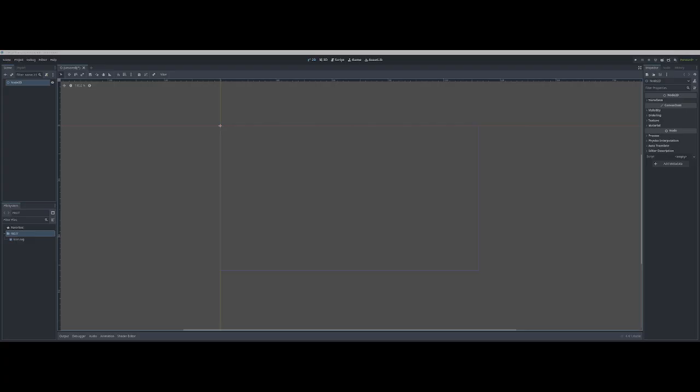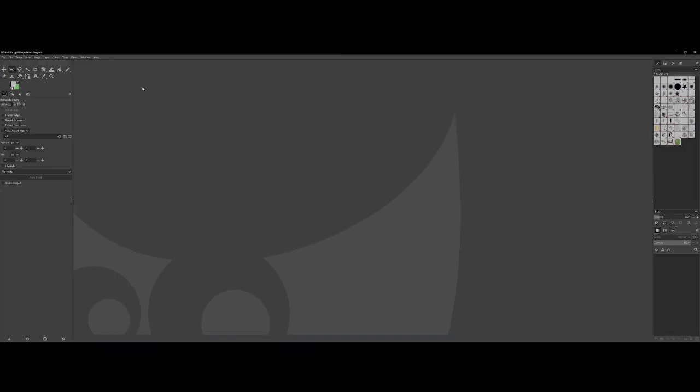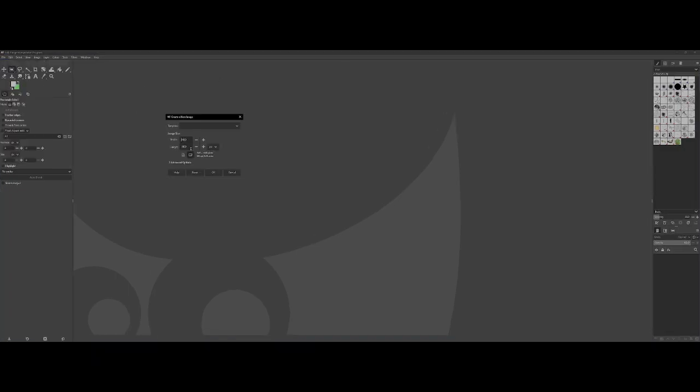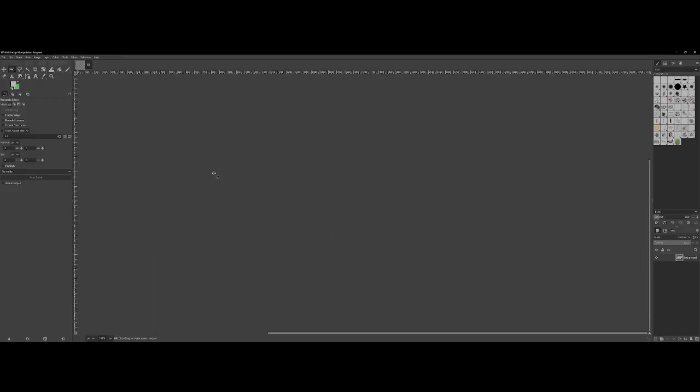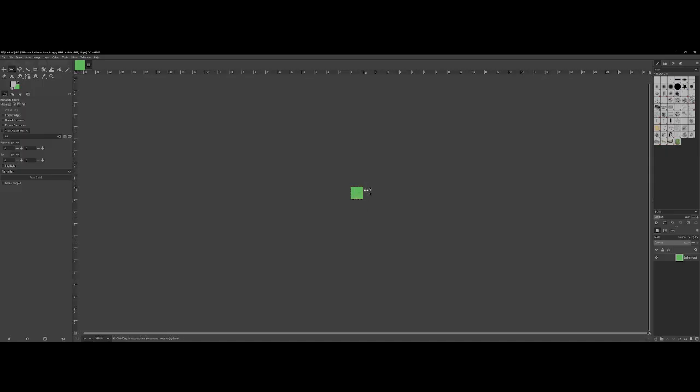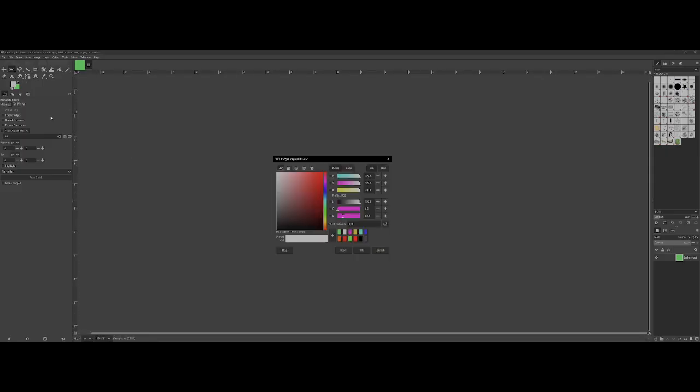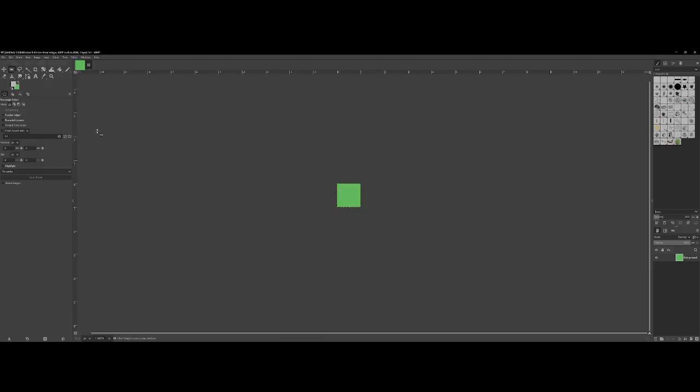Alright, so let's see. There's all that. So we will start with a new, let's just start with a 1x1. Just get our pixel. We're gonna start with our pixel, right? And make sure it's the right color, because obviously it's not the right color. There we go. Alright, so